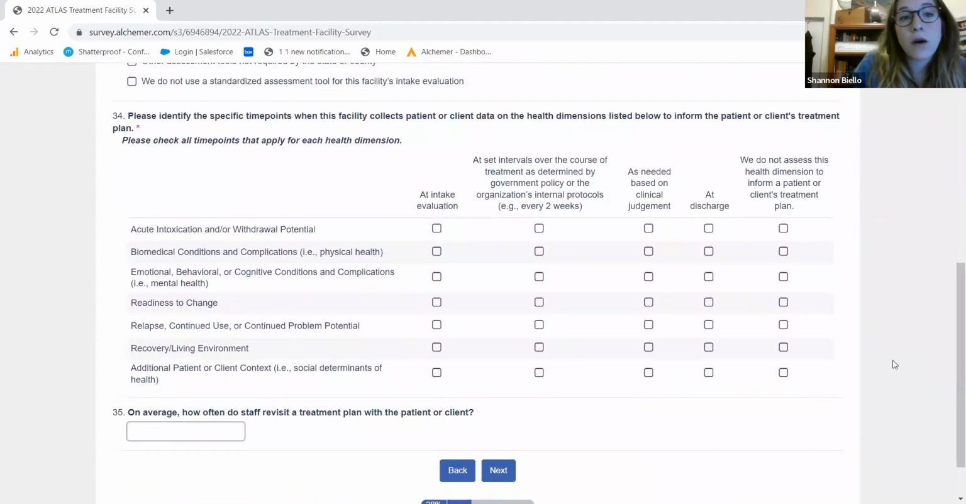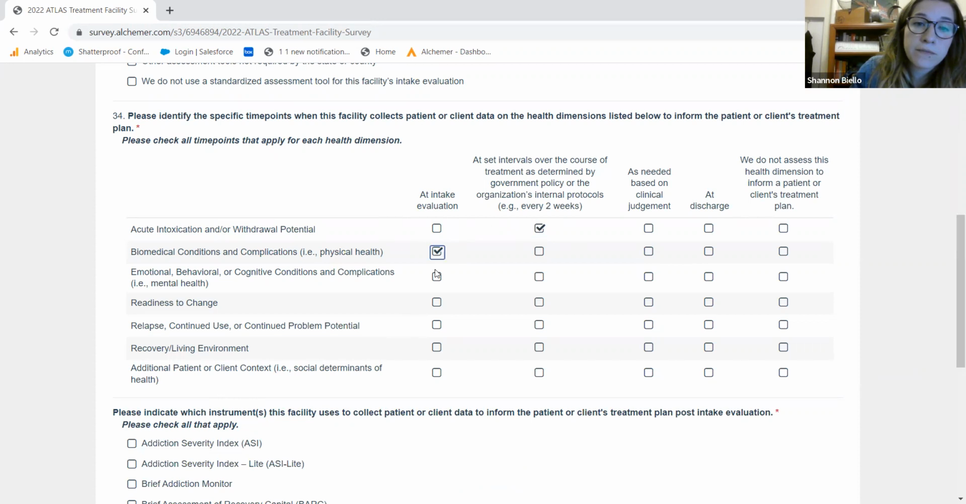And then we ask about specific time points when this facility collects patient or client data on the health dimensions listed here. You'll see there are several time points listed across the top. So it's important to make selections based upon what makes the most sense for your facility. You'll see in this table, you can select multiple things. Should you select, we do not assess,